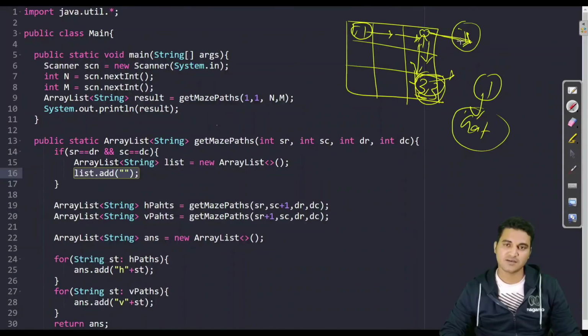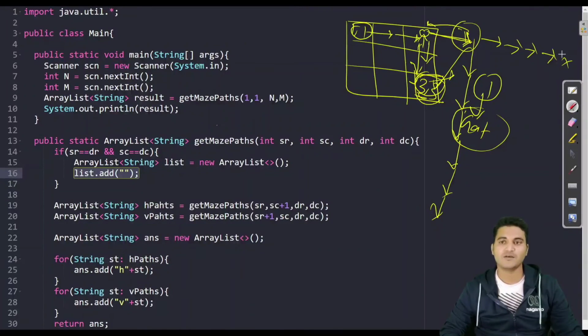There is no way from here to go here. Neither can you take back, nor can you take horizontally, because if you directly take horizontal, then indirectly you are going out of the box. If you take a direction into this, then also you are going out of the box. You are never going to return here. So in this case, there is no way. So simply create the list and return from here.